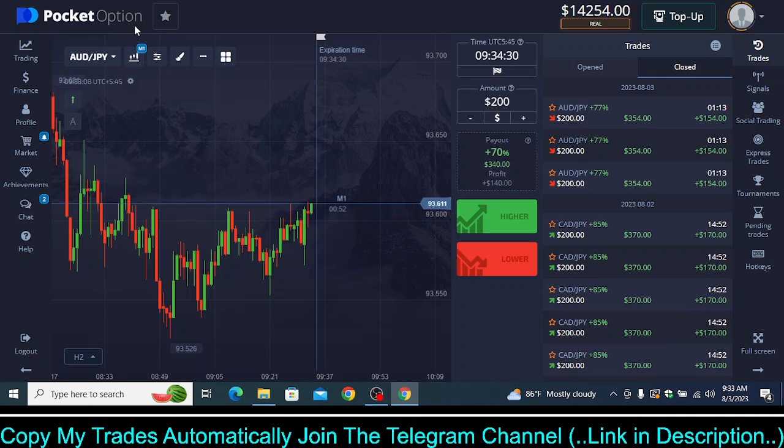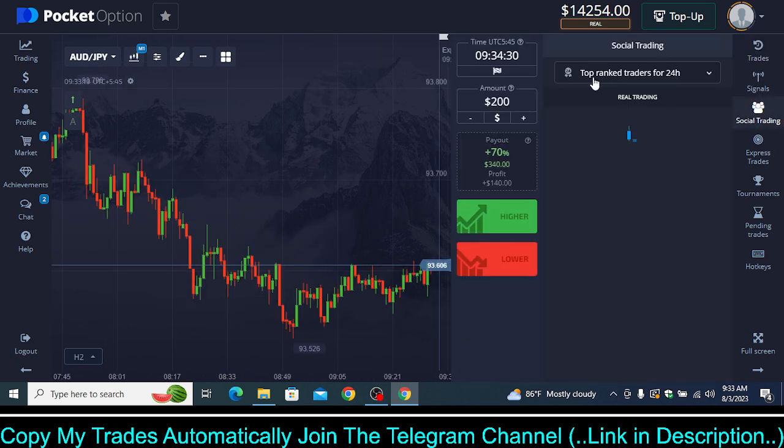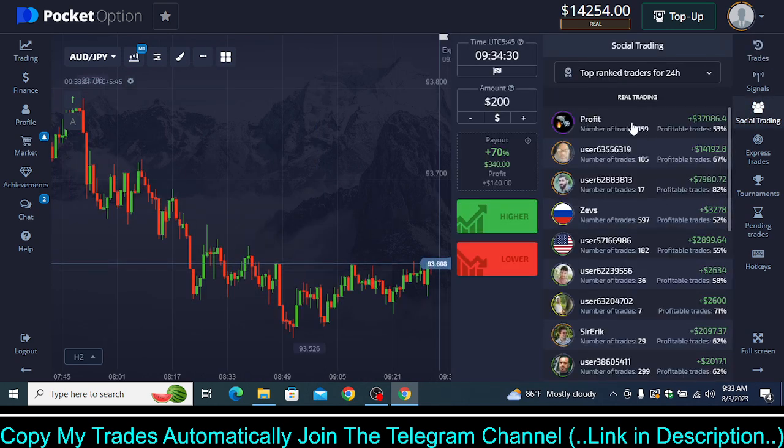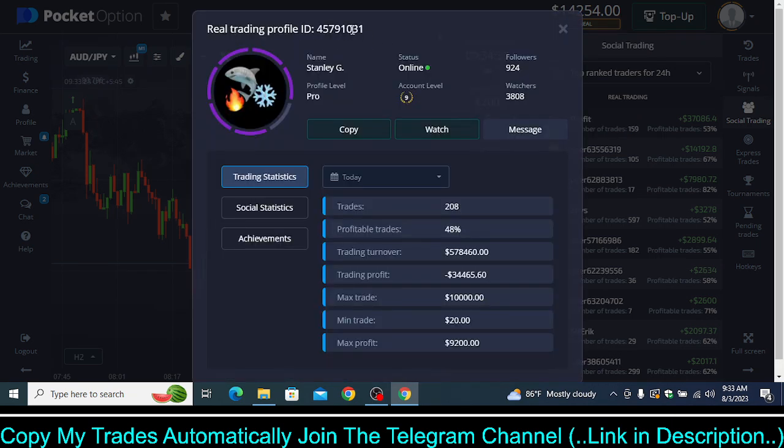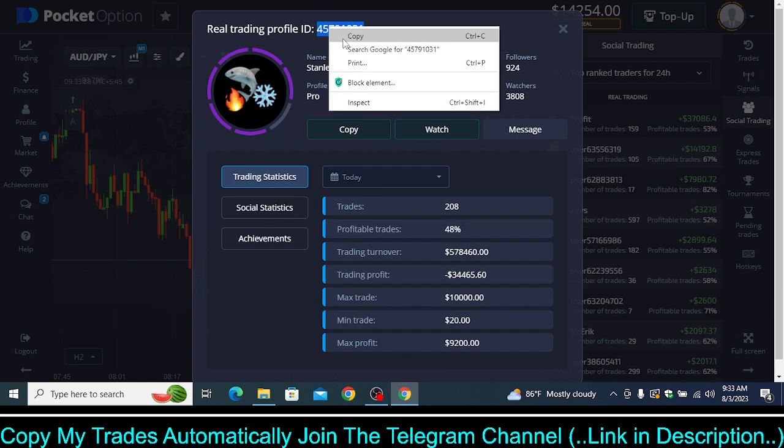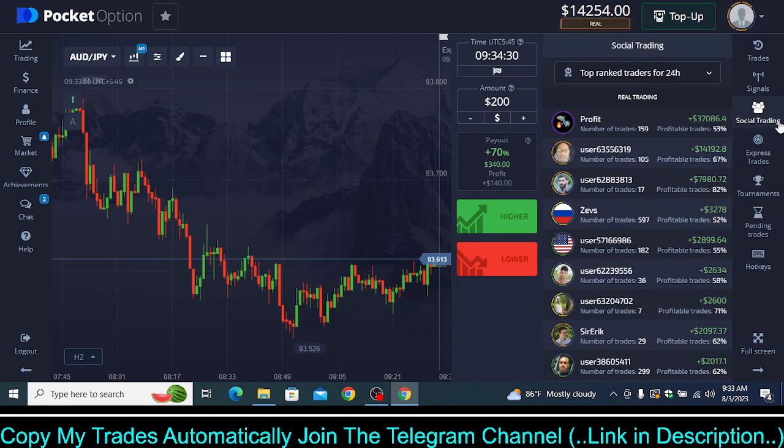Now once you join my VIP copy trading channel after following the instructions, you will get something called a UID. And that UID looks like this. So in his case, this is the UID. It is some numbers, you will get this kind of number. But firstly, let me show you the results, and then I will show you the process of copying my trades automatically in your account by using the social trading feature.